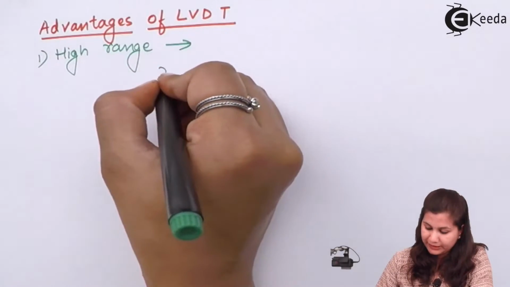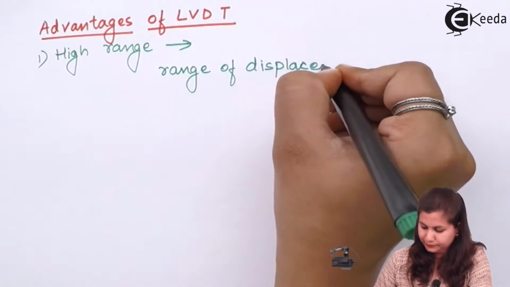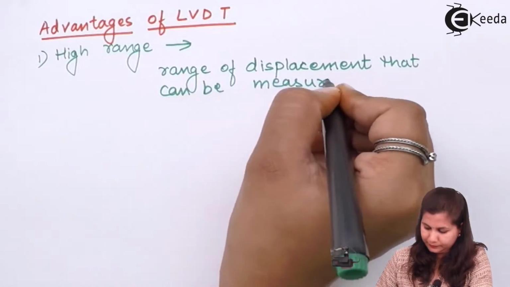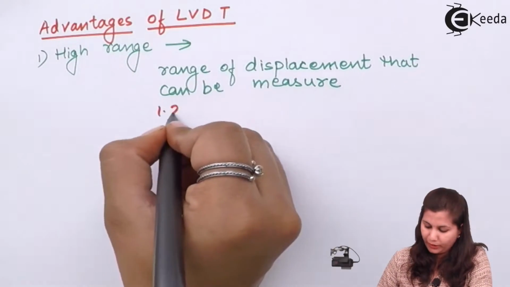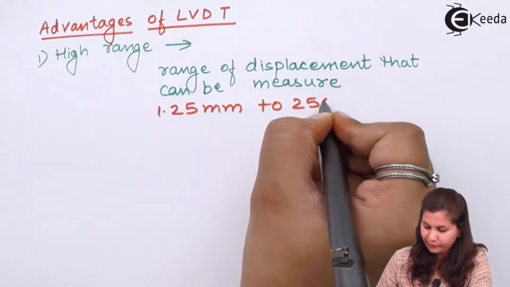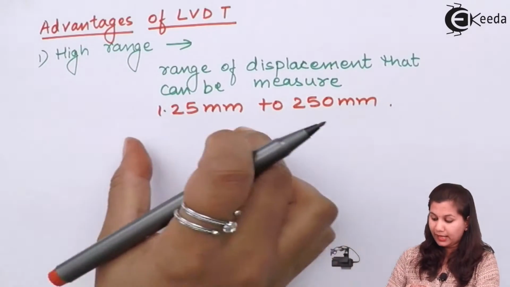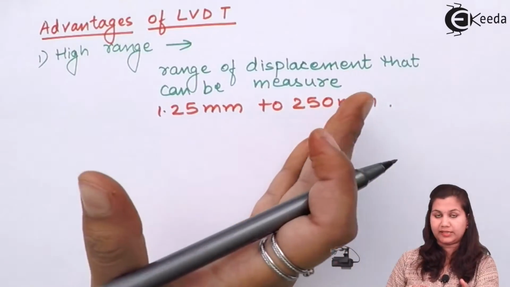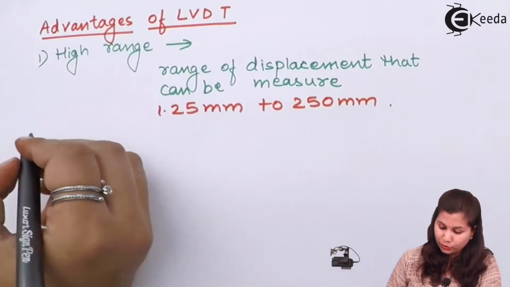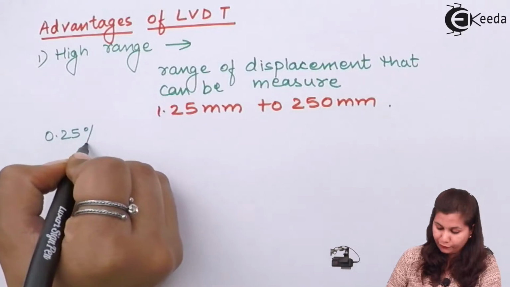This range of displacement measurement is 1.25 mm to 250 mm. Okay, so this high range is a very good range to be measured from the LVDT, and also with a 0.25% full scale